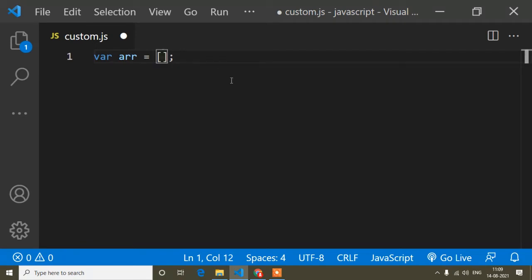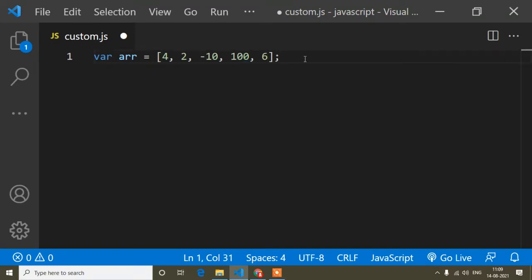Here in this array I will put some random number values. Suppose first 4, then 2, then a minus value like minus 10, and 100, and then 6, right? So in this array I have put some random number values. Now the question is: from this array I have to get just the maximum value. We can see the maximum value is 100 in this array, but our main concern is how I can get this maximum value.